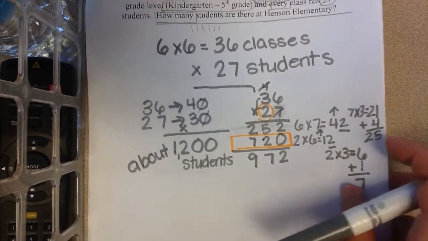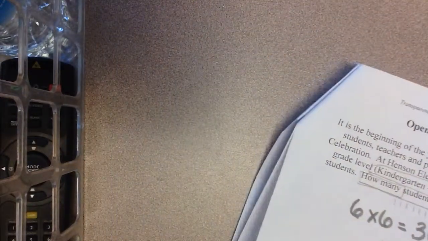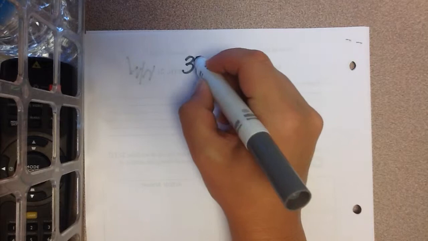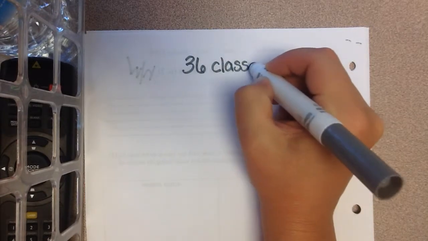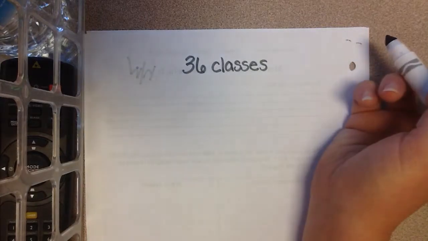So let's all practice. If you could please flip your packet completely over. Yours looks like this. Flip it all the way over. So let's say we still have this school, Henson Elementary, I think it was, and we still have these 36 classes. Please write this down as I am. So if I still have these 36 classes,